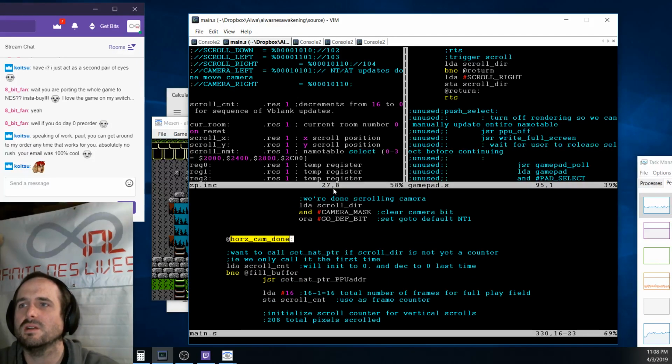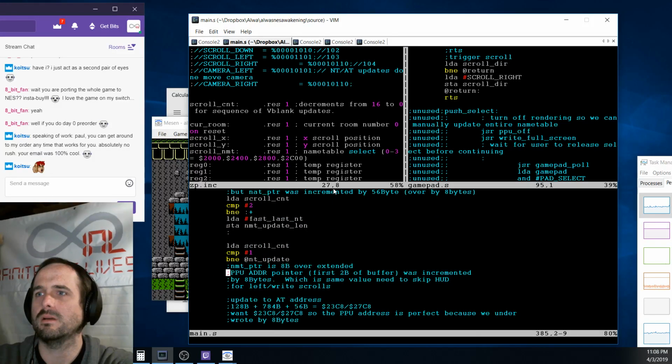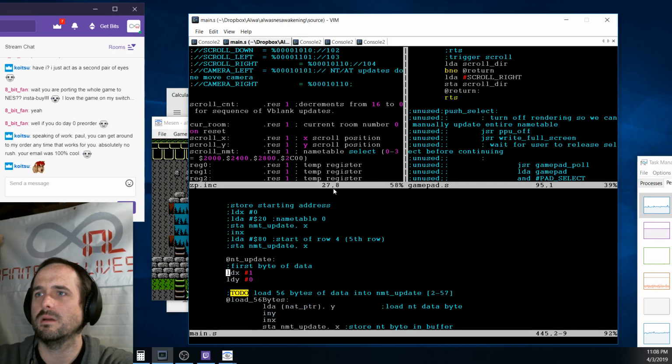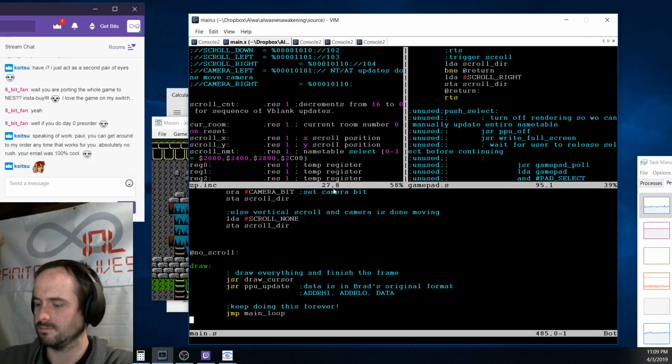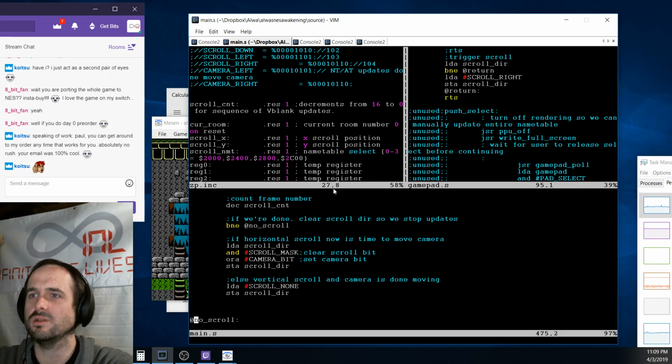And if horizontal camera's done, really at this point I only want this code to execute if the scroll bit is set. So jump to no scroll, but